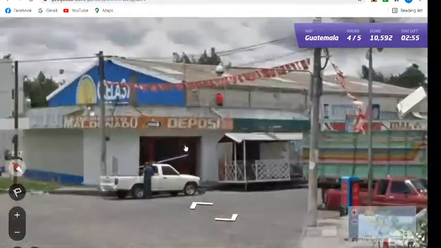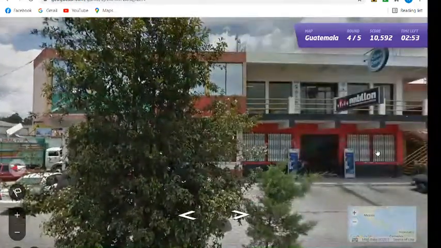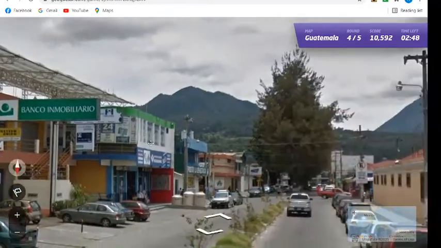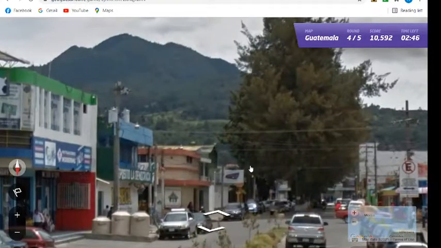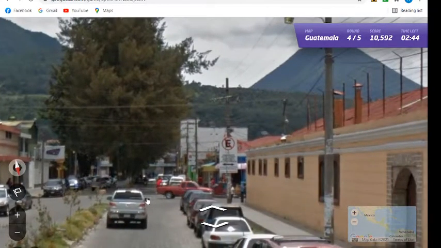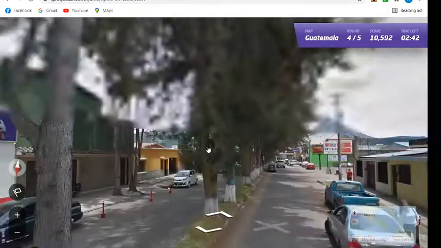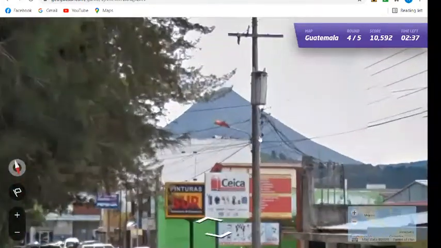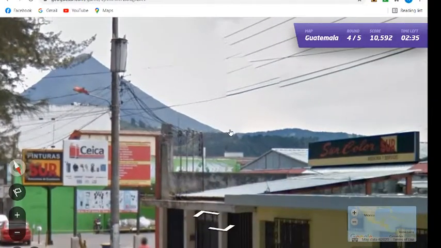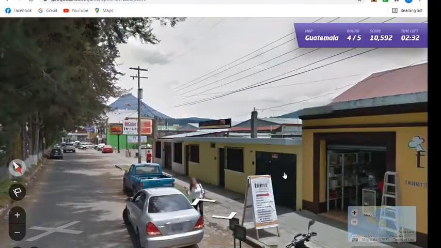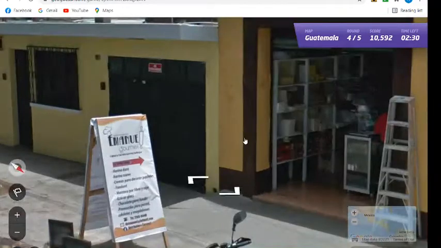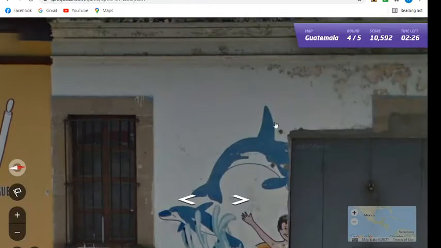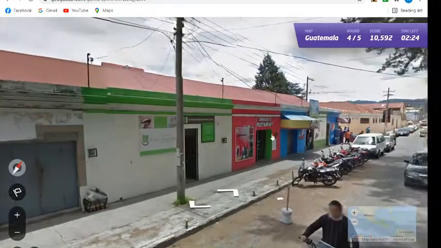Okay, this looks more city, right? We have Clean Depot. Yeah, maybe this is a smaller city though, like looking at it now. Oh, there's a volcano there. Okay, so now we know that we have to be near Guatemala City or toward Huehuetenango and Quetzaltenango. Right, we have